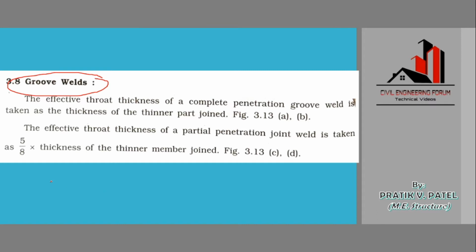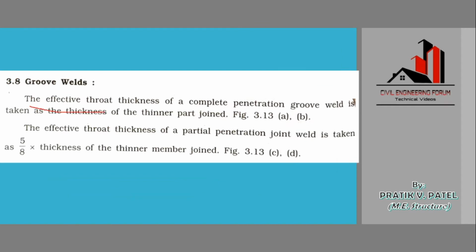As we had carried out a discussion, if any weld is connected like this, then it is known as groove weld or butt weld, as we saw in the introductory part of this module.